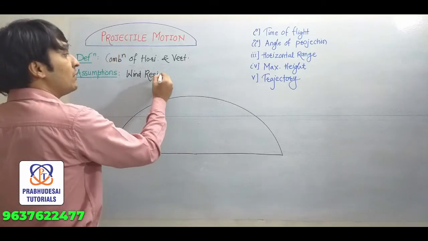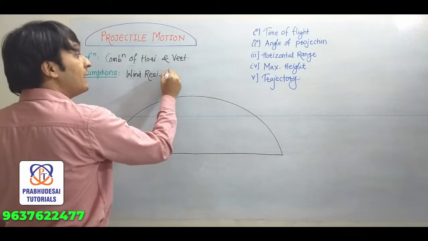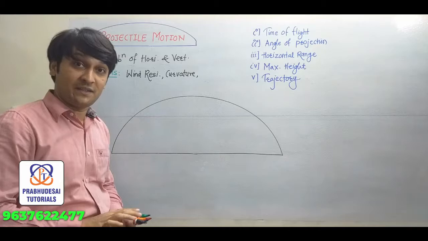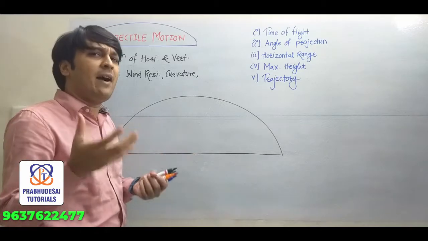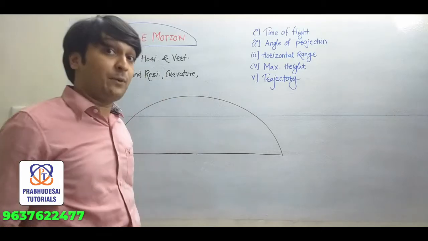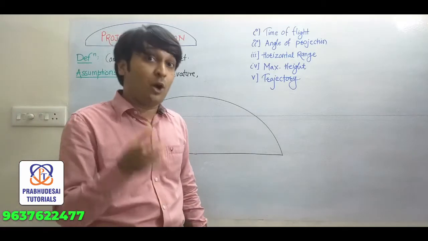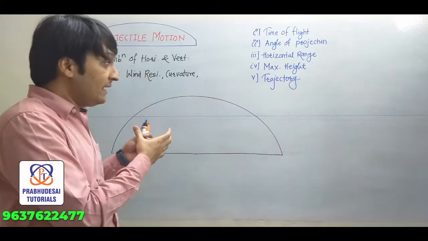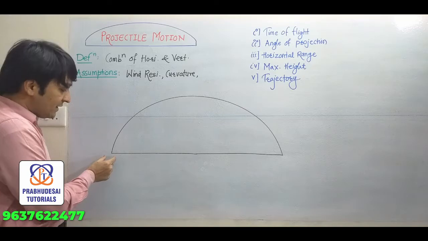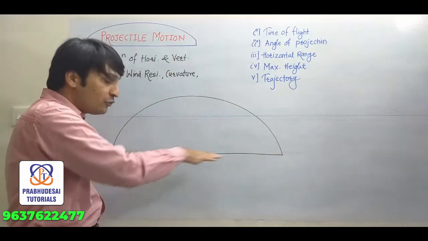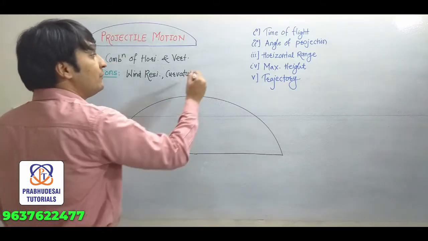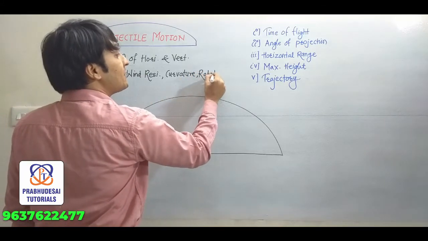Then what else are we not going to consider? We are not going to consider the curvature of the earth. Remember, since the problems we have are basic, on a cricket ground, we will not consider the curvature of the earth. But if the problem is for a flight or a rocket, then we have to consider it. Why? If you consider this as Mumbai and this as New York, then it won't be a horizontal distance. It will be a curvature. Correct?